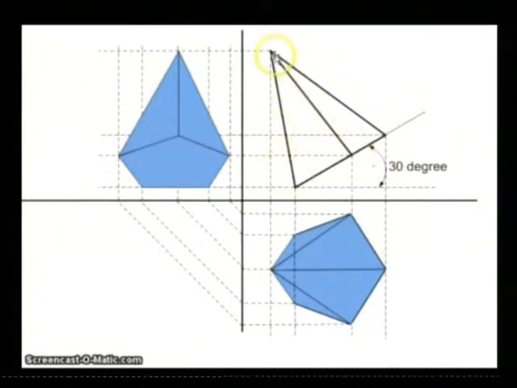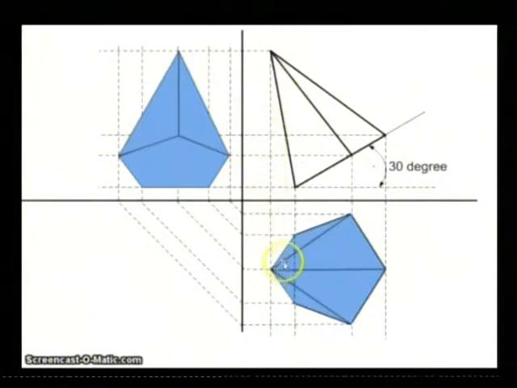Now once you have that covered, you draw all the lines down here to draw the top view here. First thing, you draw this pentagon here. Once you have the pentagon, then you can extend this edge at the top.